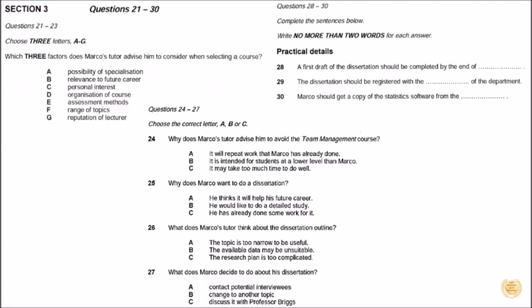Then, to analyse your statistics, you're going to need some suitable software. If I were you, I'd drop into the computer office and ask them for a copy. Right. So if I revise my outline, can I...